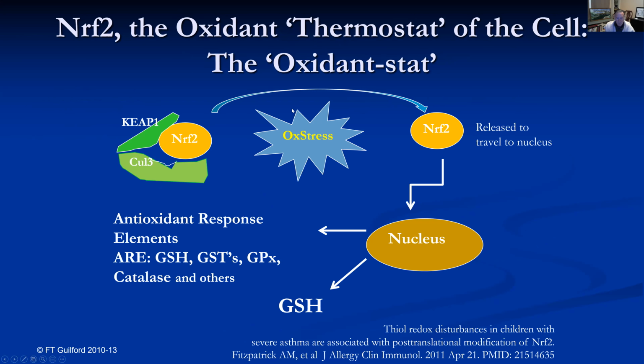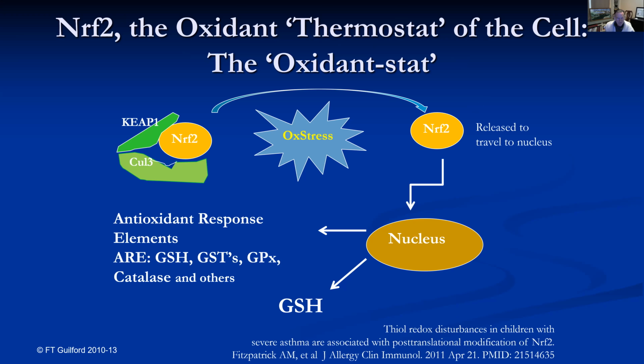The production of glutathione can be stimulated when there's an excess of oxidation stress in the interior of the cell. This releases a material called NRF2, which is the oxidant stat inside the cell, which says your body needs more antioxidant. It travels to the nucleus, where